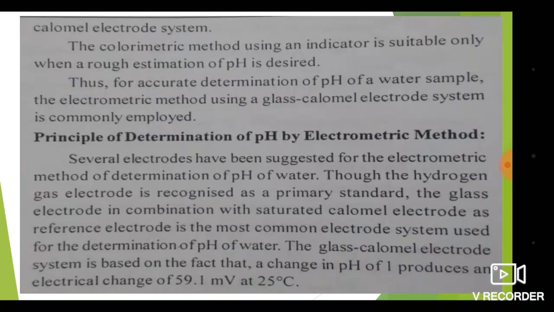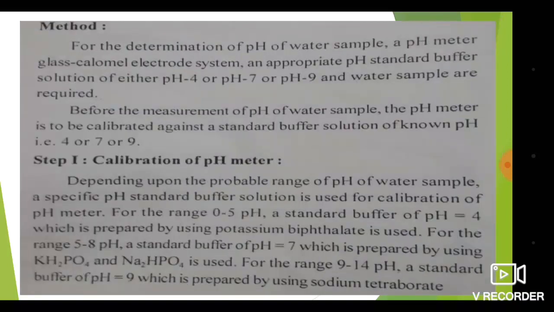Though the hydrogen gas electrode is recognized as a primary standard, the glass electrode in combination with the saturated calomel electrode as a reference electrode is the most common electrode system used for the determination of pH of water. There are many electrodes suggested, but the standard hydrogen electrode or glass electrode and the calomel electrode